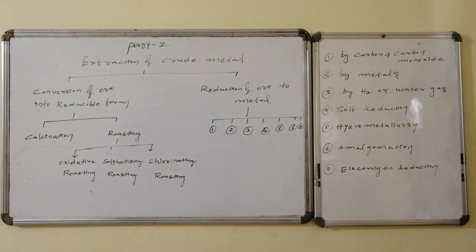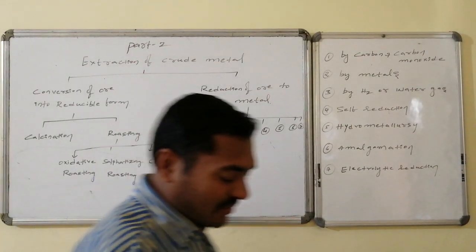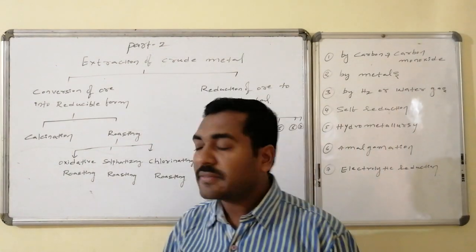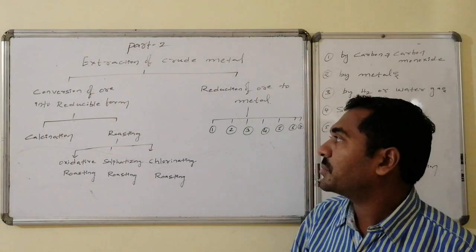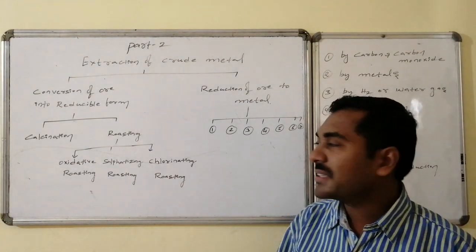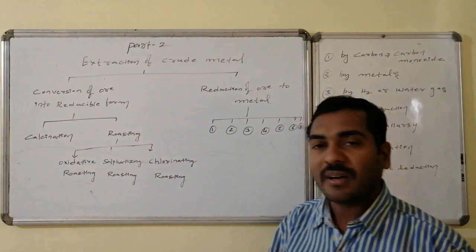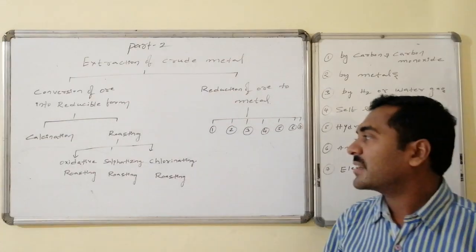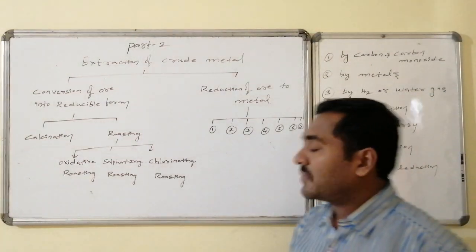Welcome friends. Part 2, that is extraction of the crude metal. It majorly consists of two things. One is conversion of ore into reducible form. That includes calcination, roasting, and roasting is of categories related to oxidative roasting, sulfatizing roasting, and chlorinating roasting. Followed by